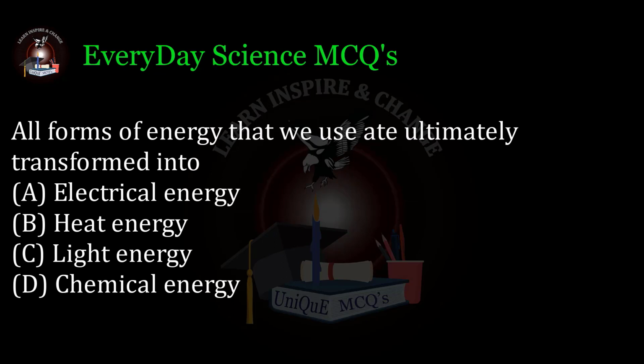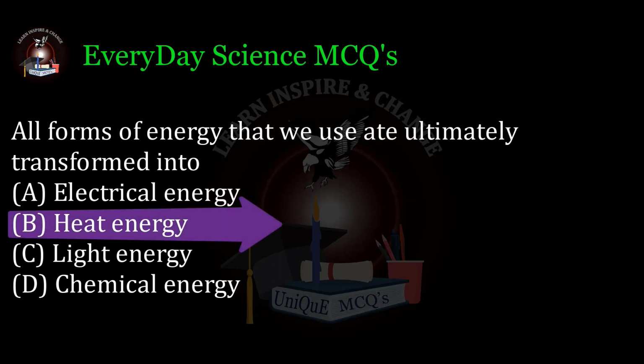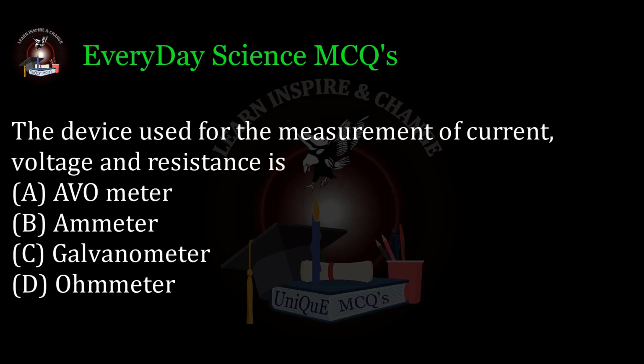A. Electrical energy, B. Heat energy, C. Light energy, D. Chemical energy. Correct answer B. The device used for the measurement of current, voltage and resistance is